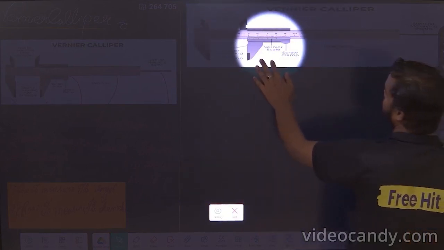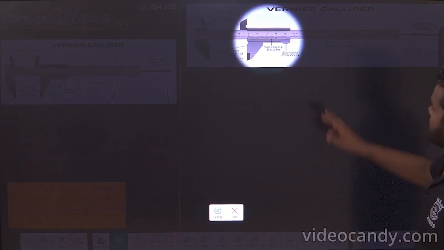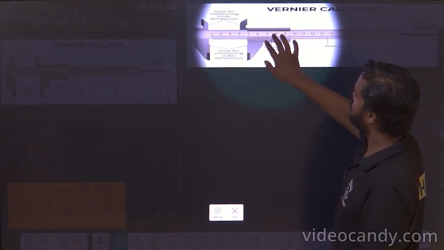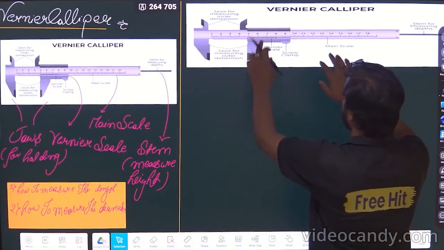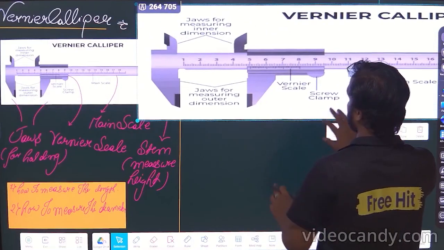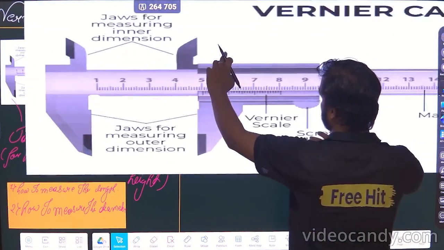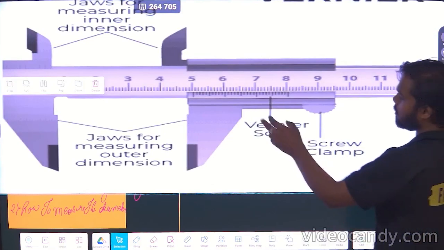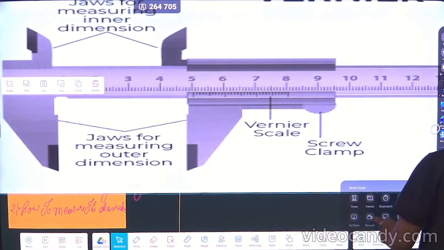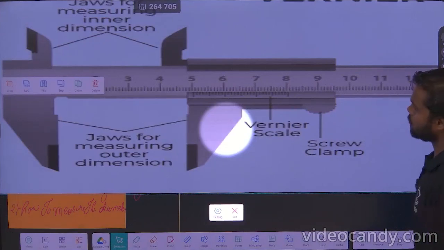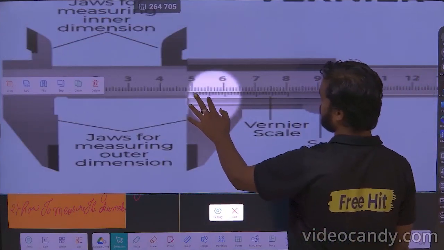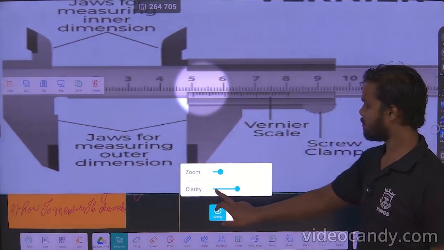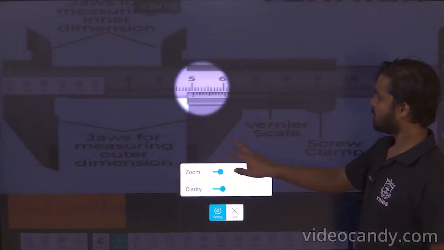Okay, if you see properly here, you can notice one thing. What you can notice from here, I think it is visible or not. I think it is not visible. Let me make it more visible. I hope it is now visible. Yeah. If you see here properly, now you will understand. See, you can see here, okay, like